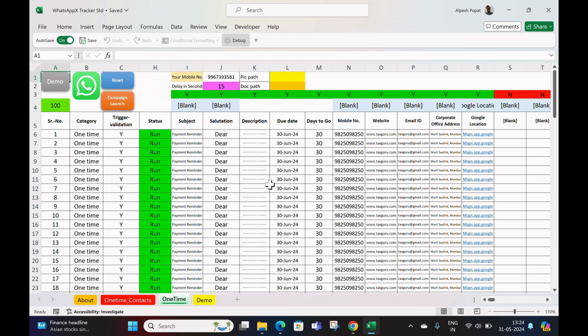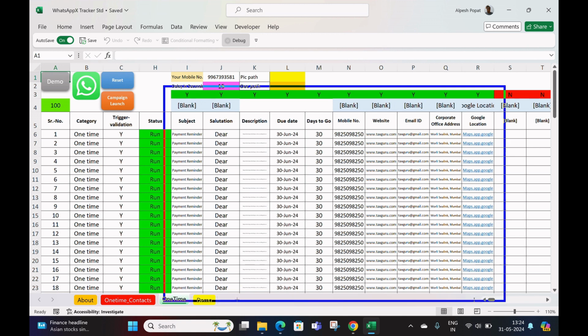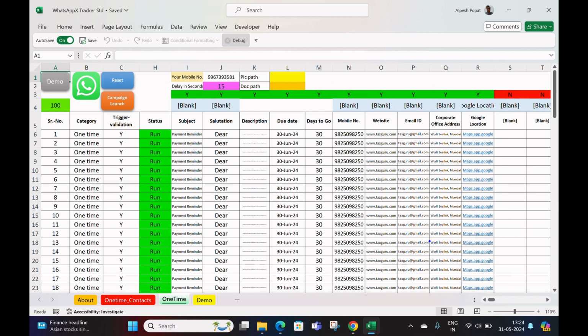And my campaign is in front of you. All my 100 contacts, along with the name and WhatsApp number, have been automatically pasted here. Wherever the details are mentioned, those columns are marked green, and this is part of the message content. Here in the description column, the first message is pasted for all 100 contacts, because I have one common message for